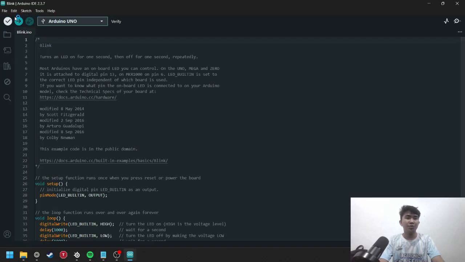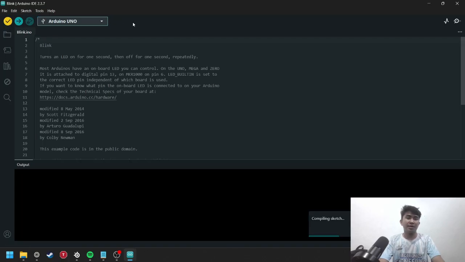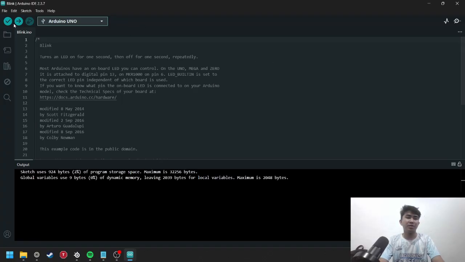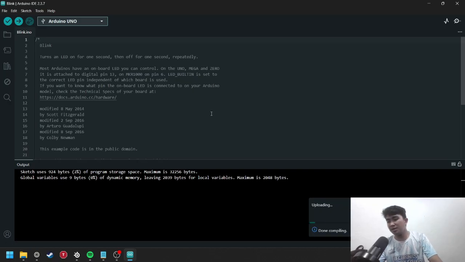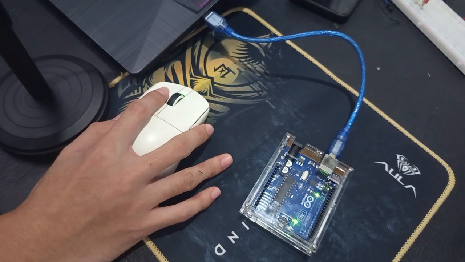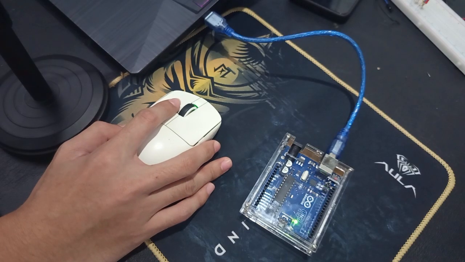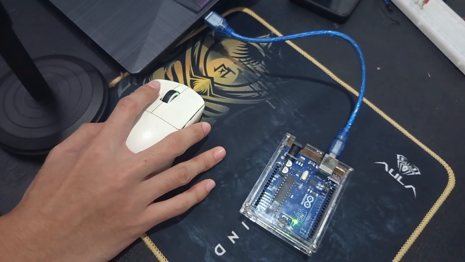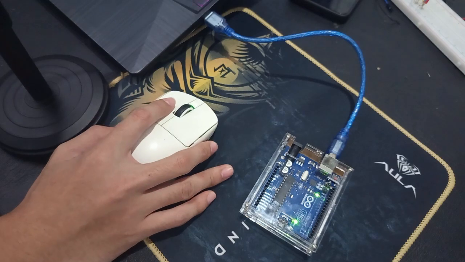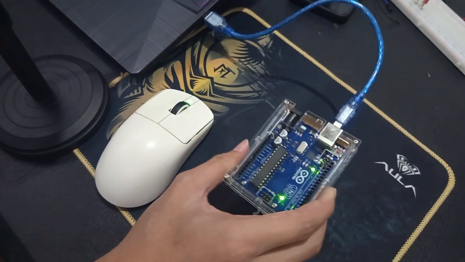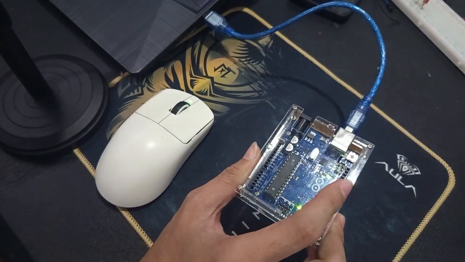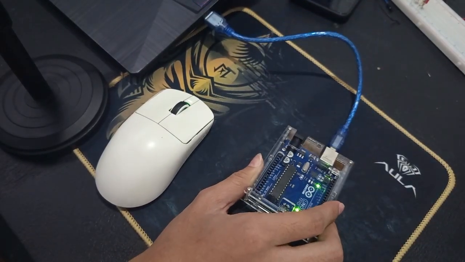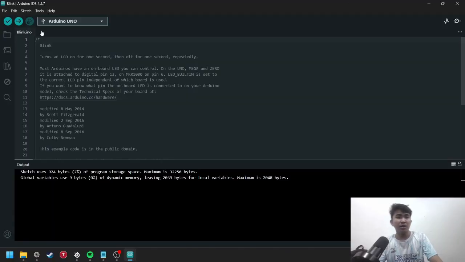Then after it, verify. Then after you verify, then upload. Then you can see the Arduino verify. And then after you verify, then upload. Then you can see the Arduino Uno blink in pin 13. Then after you run and see the blink, go